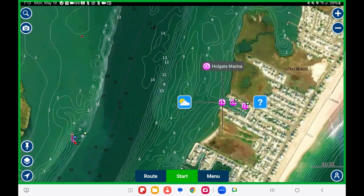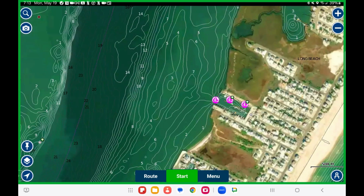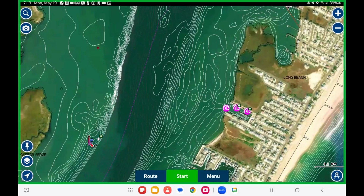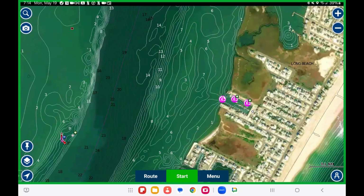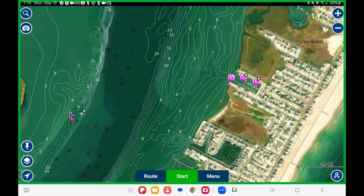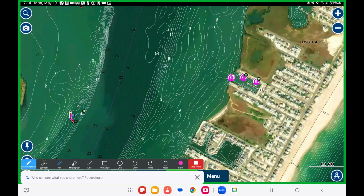Okay, up in here we have Holgate Marina. Getting into Holgate Marina here, you want to go basically straight in from the channel. You do have some shallow water if you come in along the bank. So what am I talking about here? If you're coming into Holgate Marina, you want to come in kind of straight in from the